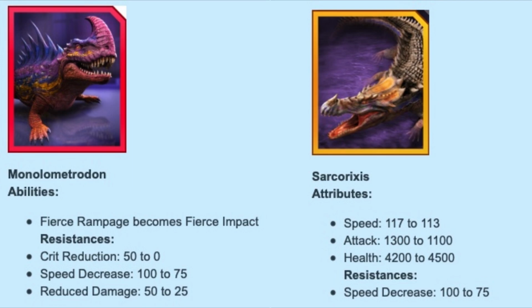And we've also got Sarcorhexis. When we've had championship tournaments where it's been epic creatures and you can bring in any level, with no restriction on level, Sarcorhexis pretty much dominates, so that's getting a number of nerfs here. Speed dropping from 117 to 113. Its attack reducing from 1300 to 1100. Health being increased from 4200 to 4500. And in terms of speed decrease, that resistance is dropping from 100% to 75% resistance. So those are the only two nerfs,